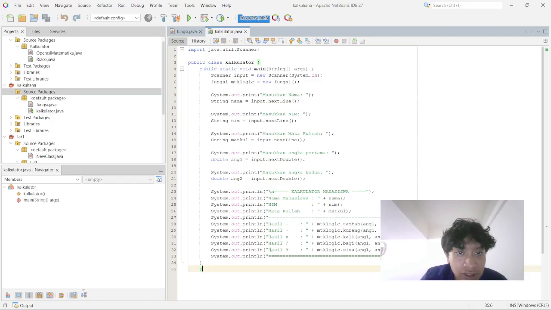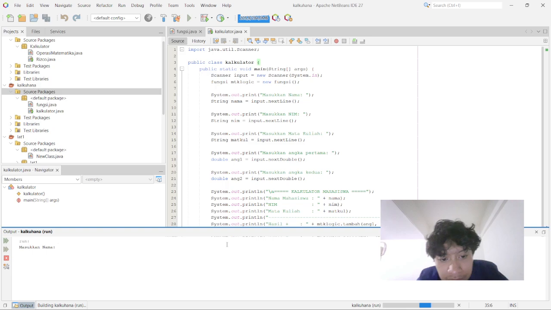Okay, let's try it. Let's just run the code in this class. It's still loading. Here, input entering the name.